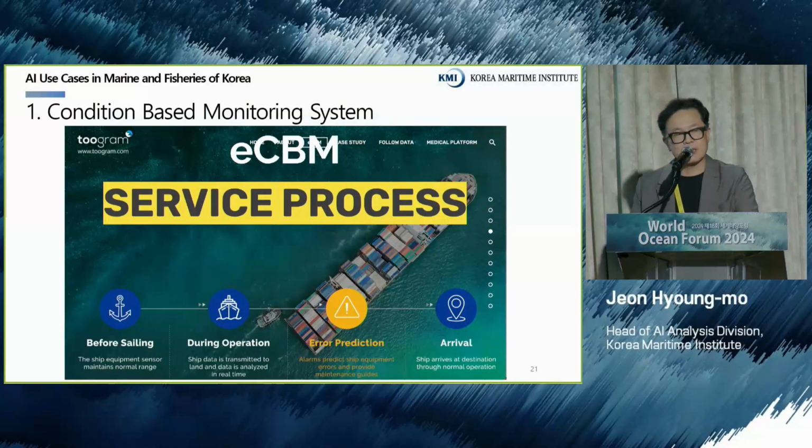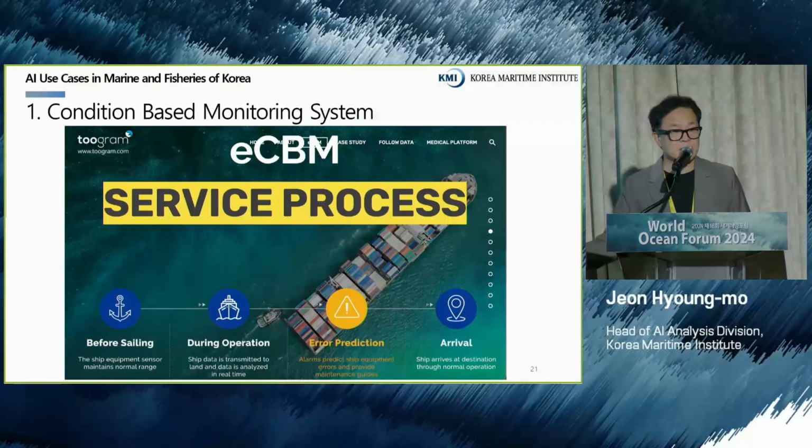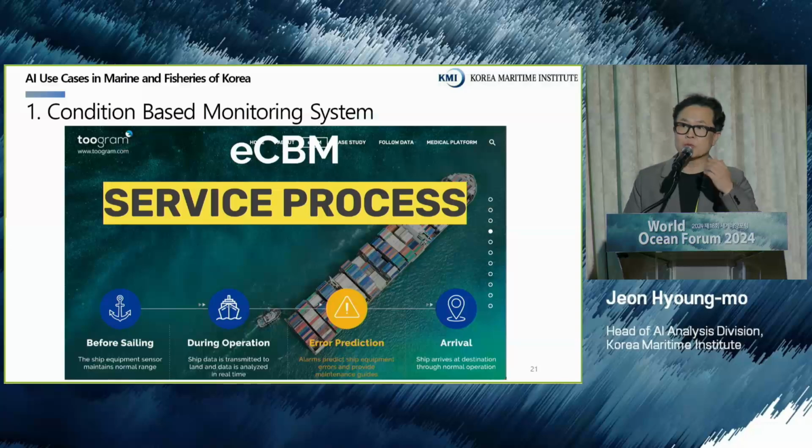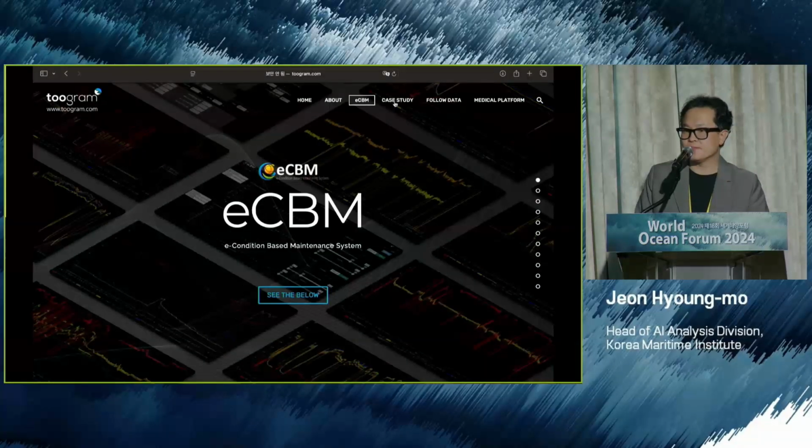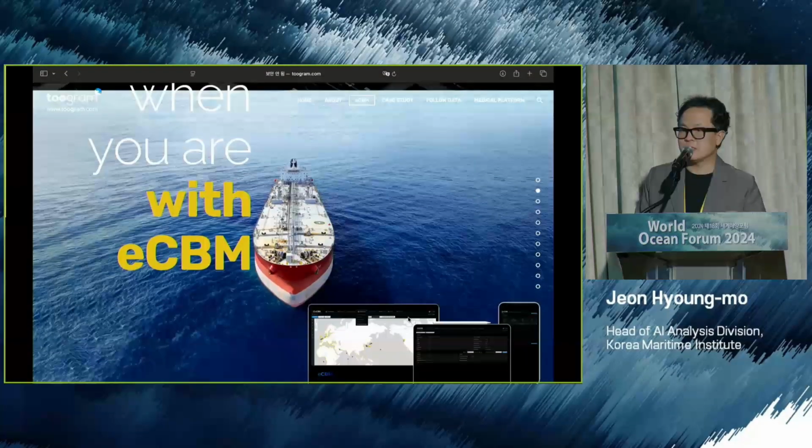And now let's look at the Korean case. We can do predictive maintenance for a vessel. Let's say the engine of a vessel goes down. If you attach an IoT sensor and measure the temperature and vibration of the vessel, then we can do AI analysis and see when the vessel needs maintenance and repair. We can reduce the downtime of the vessel. So let's watch a short video clip on this.